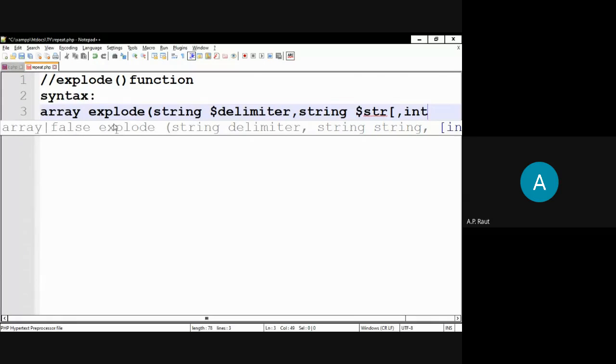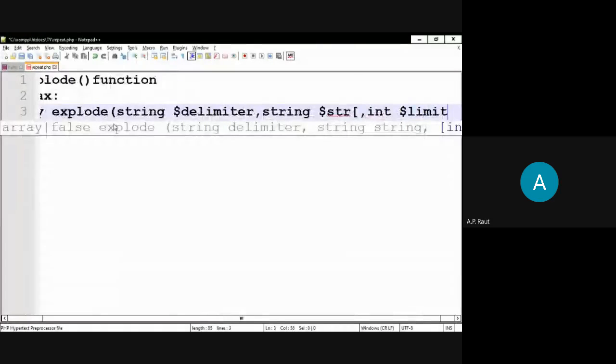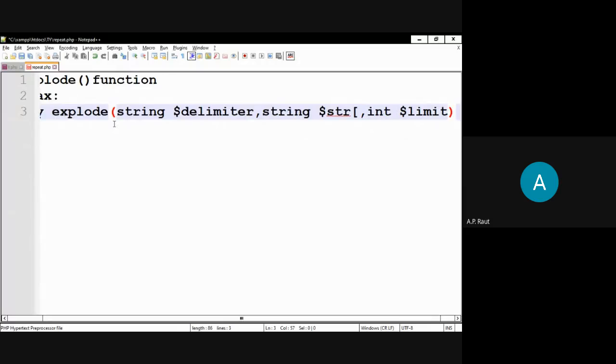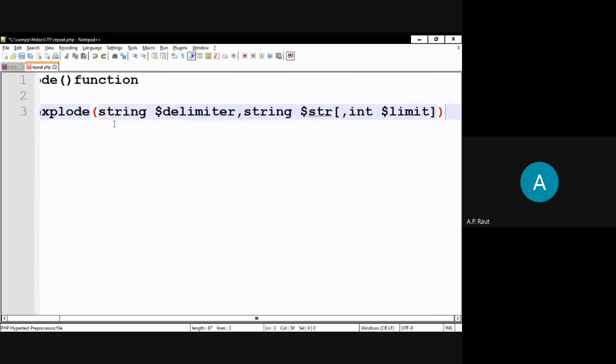When we give the limit, this array will be represented in that many values. So integer limit, and this is the syntax of the explode function.